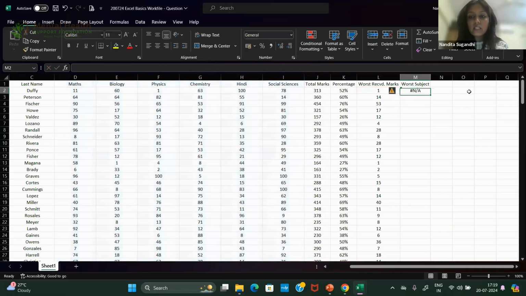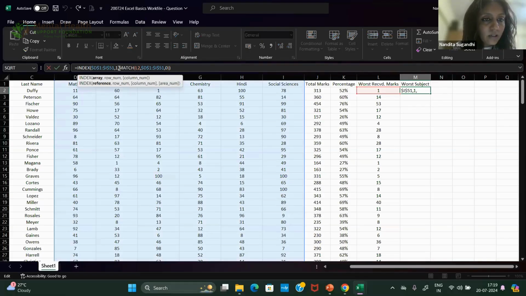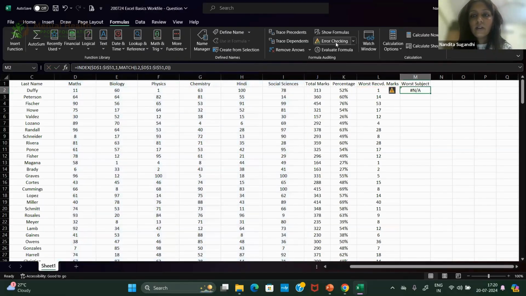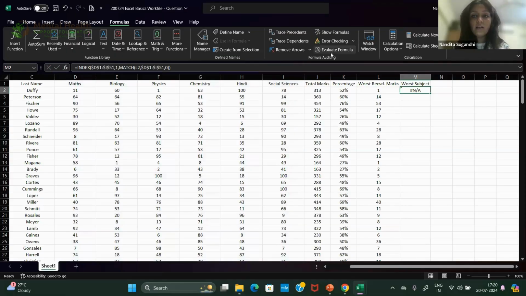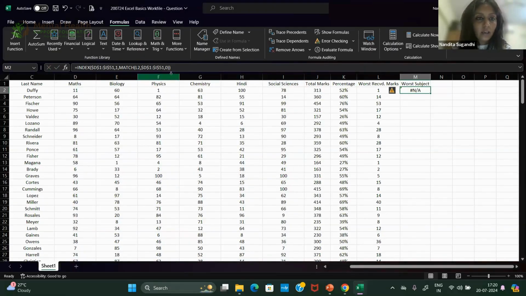And when I enter this, just give me a minute. Row error, column error. This is good because I will be able to identify where the formula is coming from. Last time I showed you where to evaluate formula. So you go to formulas, you go to evaluate formula, and here itself I'm getting okay.